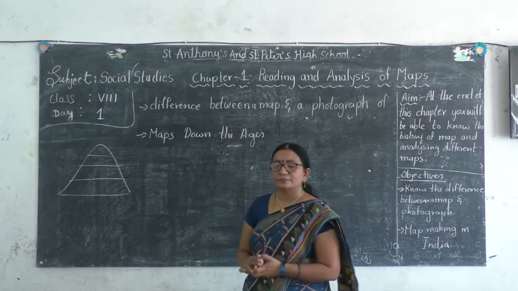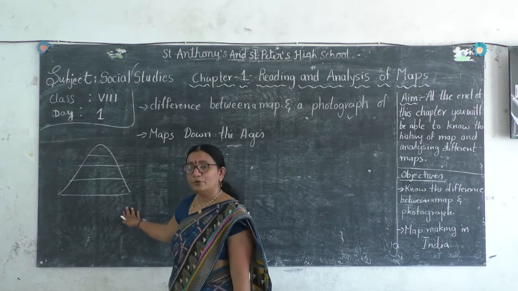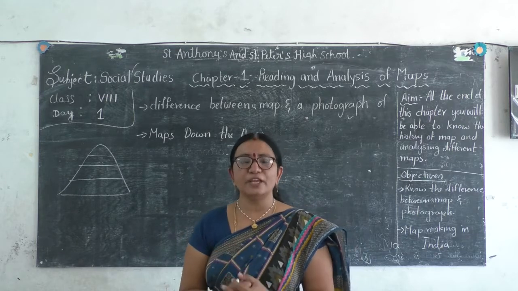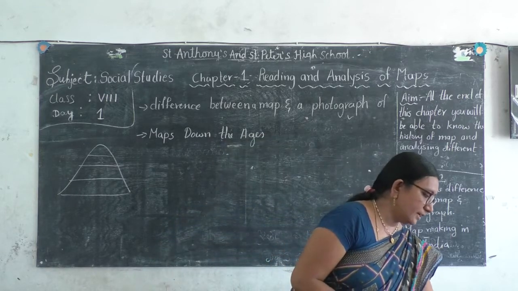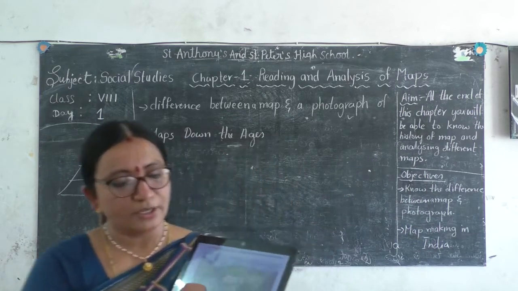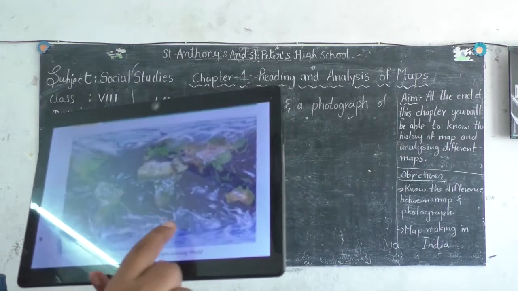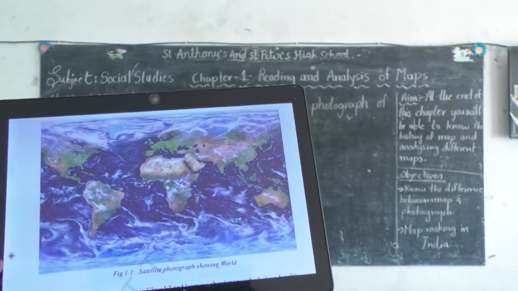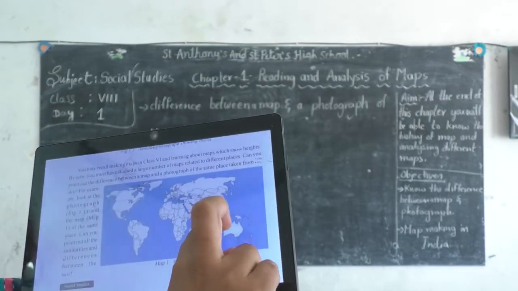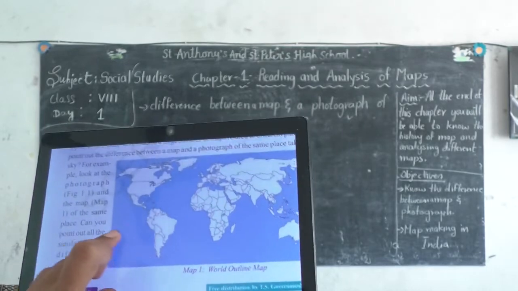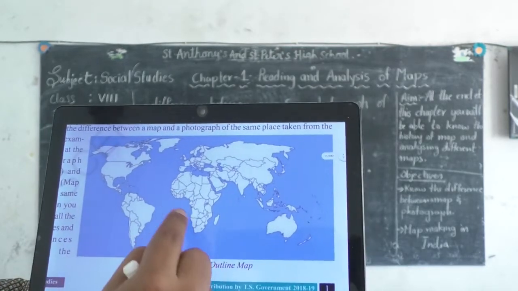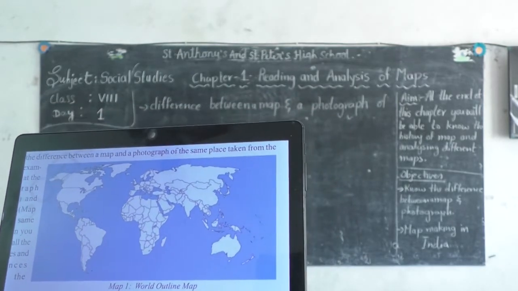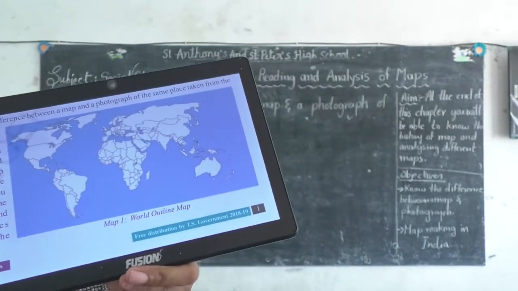Photographs also hide some of the information. When we learned about Nimpur village, we saw the photograph of Nimpur village, which hides some of the information. So here you can observe, we don't have a clear picture due to the clouds, and only some part of the earth is visible. Whereas this is a map which gives the complete information about the different continents, different countries, everything, and colors are used here which give a clear idea about the map.